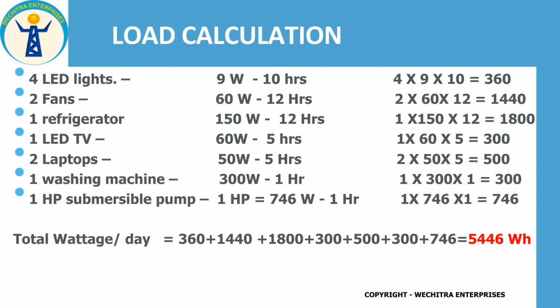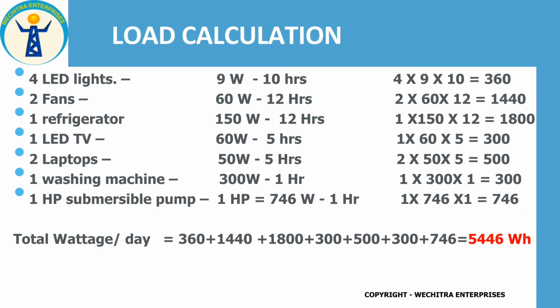Now the next one is the refrigerator. Although, friends, our refrigerator remains connected with the power 24/7, the cooling in the refrigerator is controlled by a built-in controller, which will shut off the compressor when the temperature has reached a certain point. For this reason, the refrigerator will not take complete power all the time. So let us take our refrigerator as 150 watt, working for 12 hours. The calculation comes to 1800 watt hour.